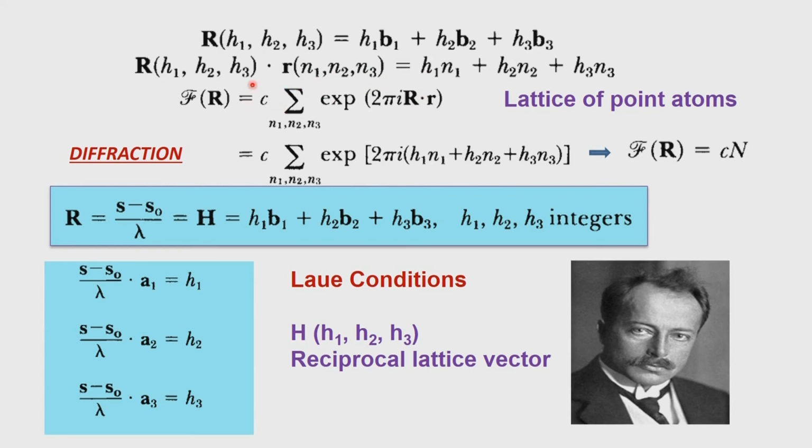You notice that the amplitude is now directly proportional to the total number of electrons. So, that way we are in a very comfortable position. So, we now substitute r dot R in this expression. When we do this substitution, we will get exponential 2 pi i times h1 n1 plus h2 n2 plus h3 n3, and this now represents every time a point in 3 dimensional space, and that 3 dimensional space is the reciprocal space, and therefore we get C times n. C is the total number of electrons, n is the total number of reciprocal lattice points, and therefore we get F of R is equal to Cn. Now what is happening here?